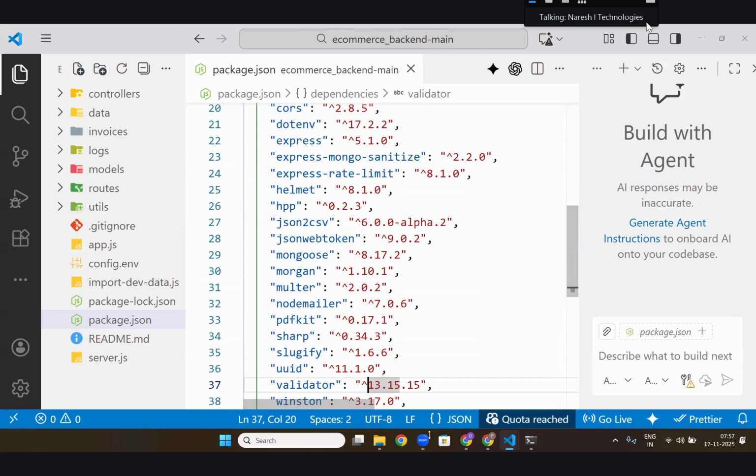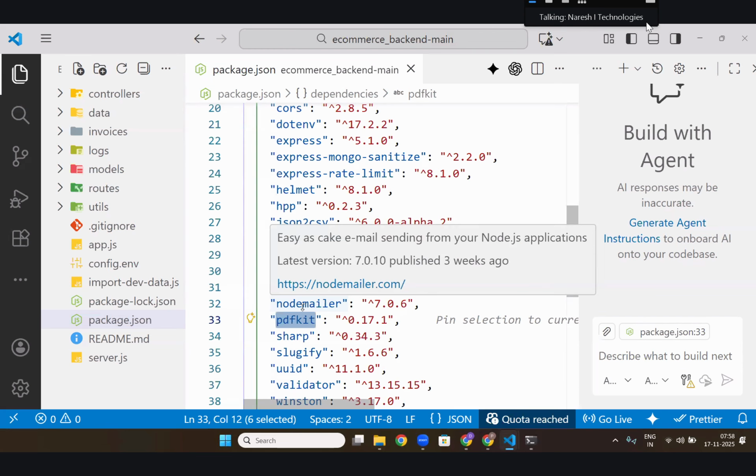JSON to CSV. It will convert the JSON data into Excel data. Imagine you put an export to Excel option in your application. You will get all products data printed nicely. You will put buttons like export to PDF, export to Excel. If someone clicks export to Excel, the Excel data will be downloaded, right? When someone clicks that button, the data from the backend will be sent as a CSV file to the front end. Comma separated values. Actually, using the front end you can also do that, or PDFKit will convert to PDF.